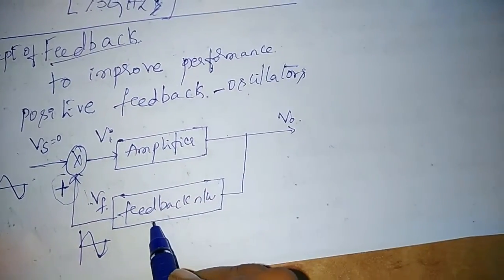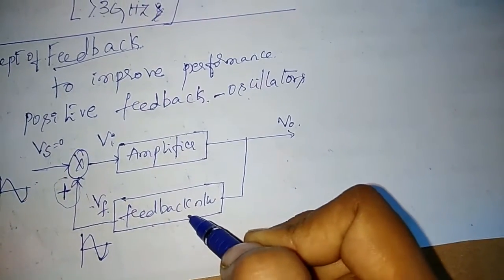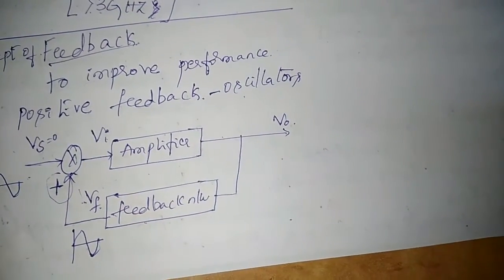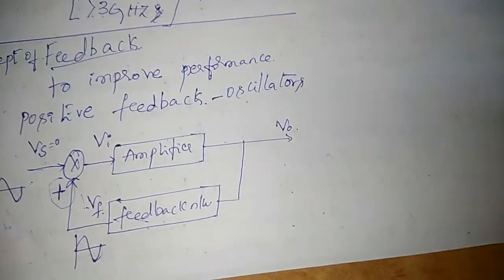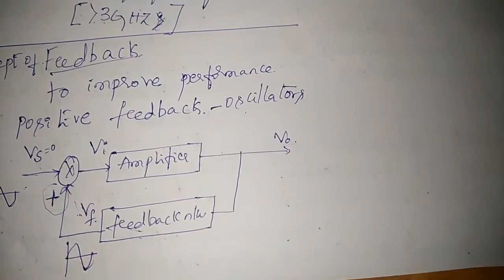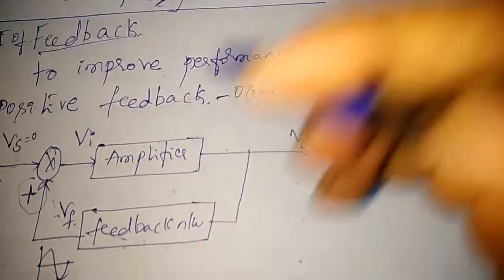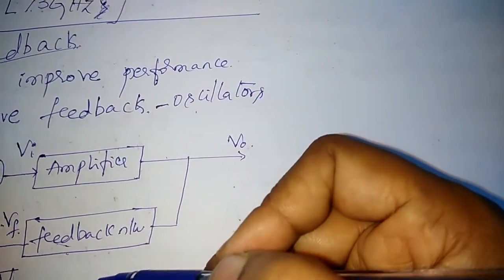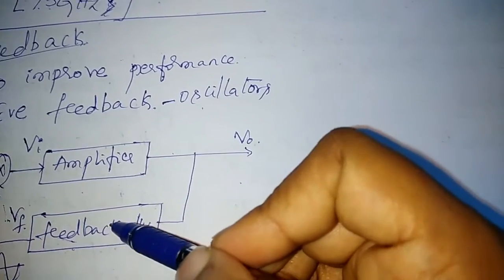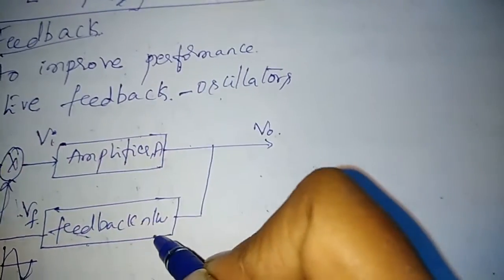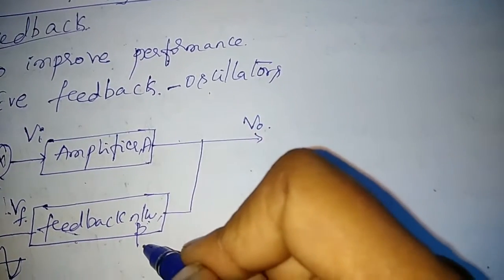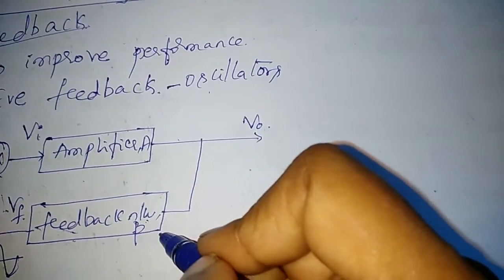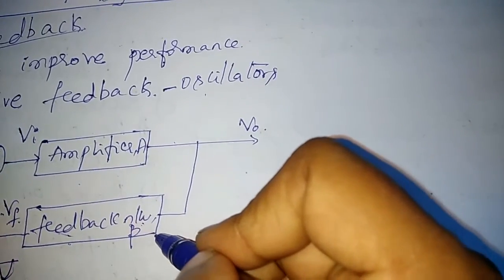Now we'll see how it generates the oscillations. The block diagram of this is this one, with positive feedback connected. So this you can write. Here let me consider the oscillator circuit shown in this figure. It has an amplifier gain A, and the feedback network has its gain as B, which is also called the feedback factor or attenuation factor, that is beta.